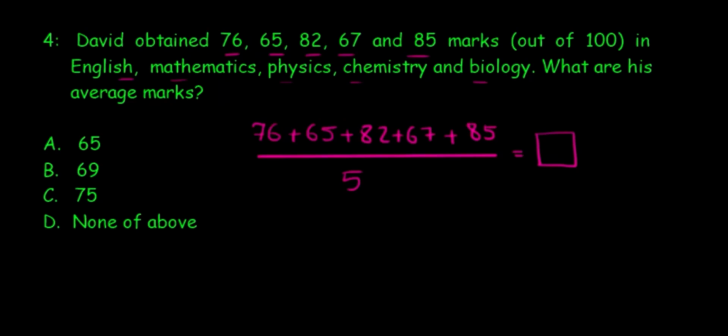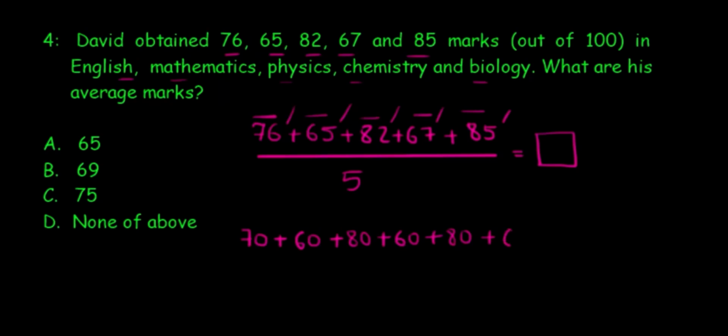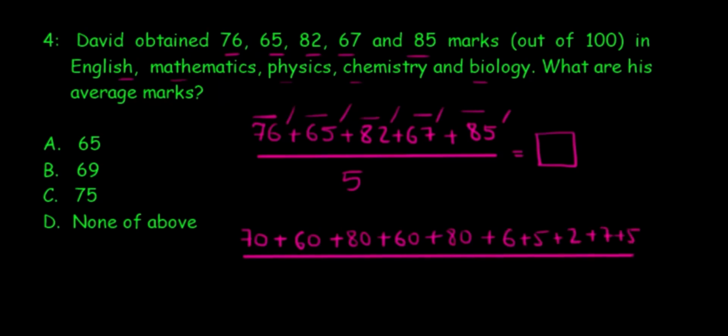While I was writing it down, I thought the average is going to be really complicated. Not complicated, just long. And if I end up doing long addition, I fear that I might make a careless mistake, which is why I want to be a bit smarter with it. So I would write the tens separately. I've got a 70 from the first one, 60 from the second one, 80, 60, and 80. And then I would write the ones separately, 6, 5, 2, 7, 5. That's easy for me. Like I said, I'm writing it down so it's understandable to you. Otherwise, I would have done this in my head like you would do when you're doing it on your own. Then again, I want to be a bit smart with addition.